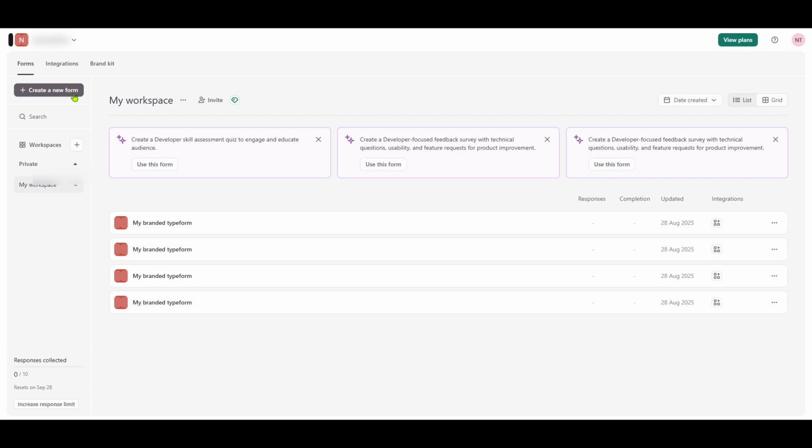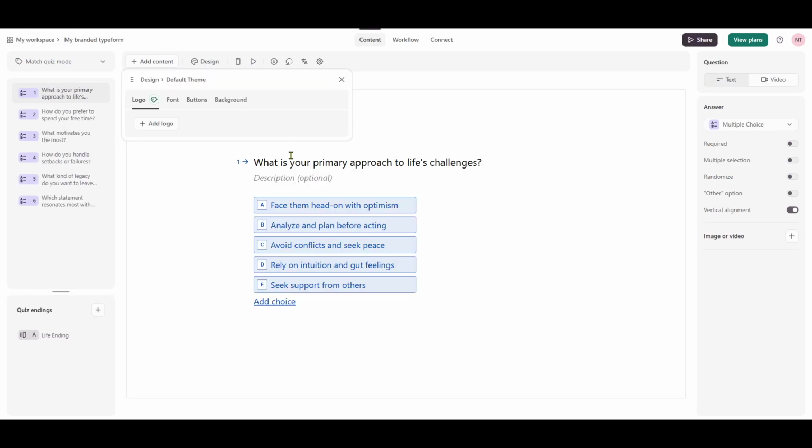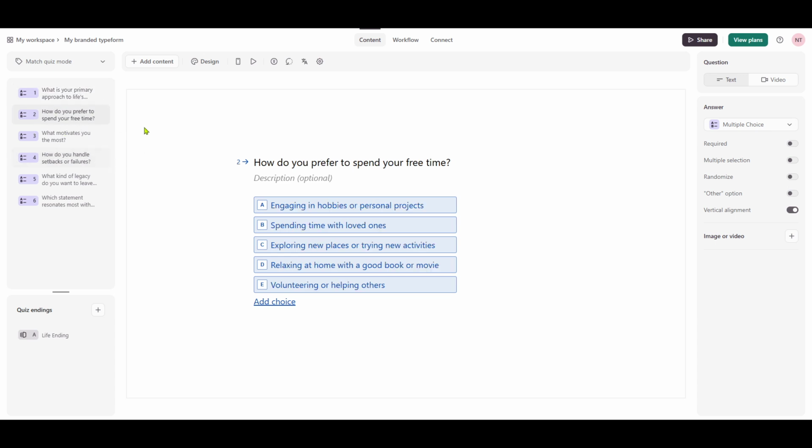Now, the creative part begins. Adding questions. Consider what you need to know from your audience. Typeform offers a range of question types, from multiple choice and short text to scales and ranking. Each question type is designed to extract different insights or engage users in varied ways. Remember to keep your audience in mind, asking yourself what makes the most sense for them in terms of clarity